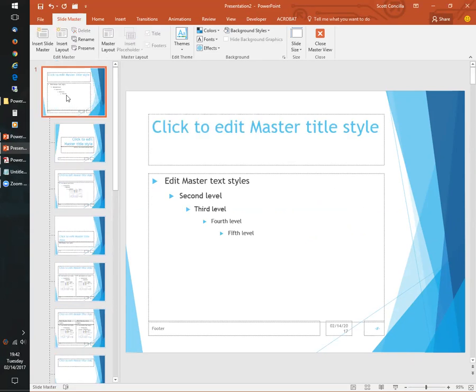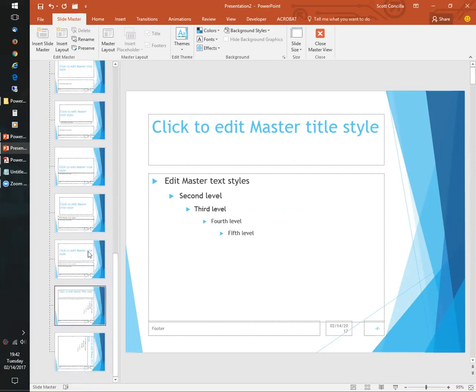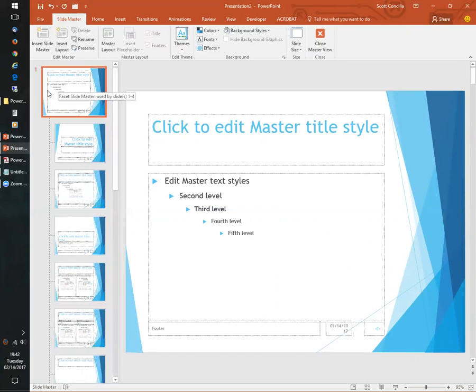So the slide master, this top slide here, anything I do to this is going to change on all of the layout masters where these similar placeholders are used. Okay, so on the slide master, you see here is the title, here is what the bulleted lists are supposed to look like, and then here's the footer text, date, and page number.